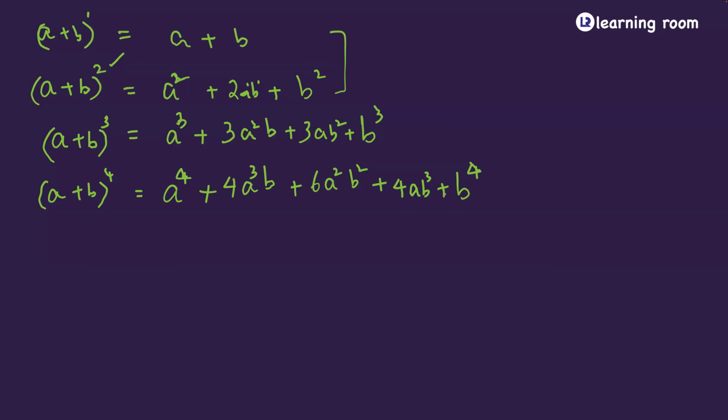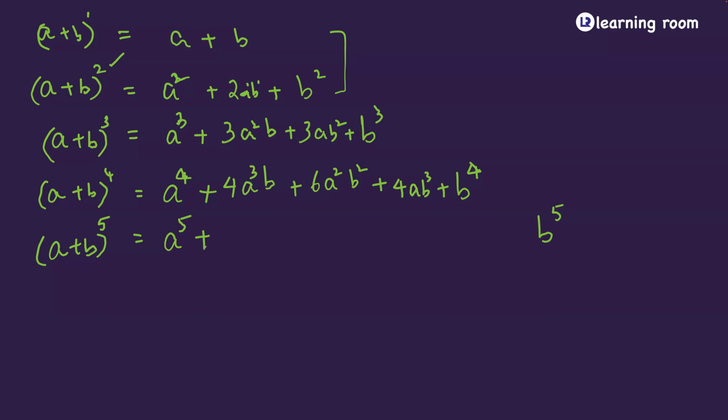Right. Now, if I ask you what is (a plus b) the whole power 5? You can write it as (a plus b) the whole cube into (a plus b) the whole square. So it is going to be a power 5, and here it is going to be b power 5, plus,